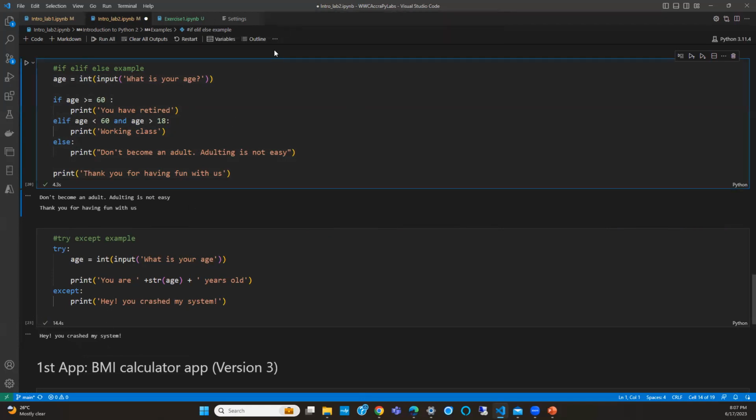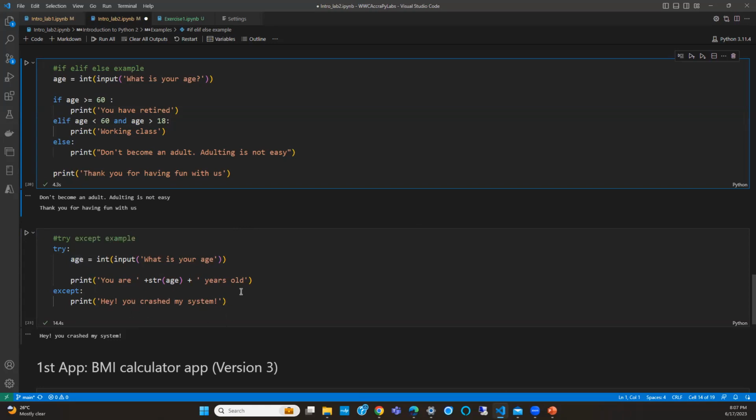Now, because that input was unexpected, it crashed. The first one, the input was expected, but there was something wrong with the code. So if anything in terms of logic or runtime error is in your code, it still goes into the except. Okay, so that's it for try except.